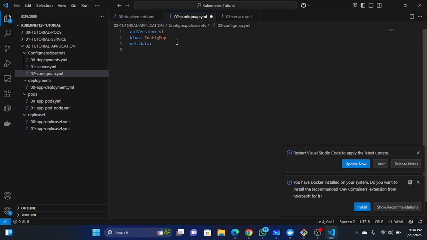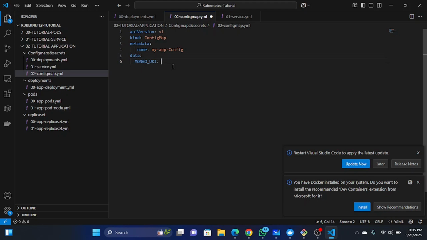The name of it is my app config. That's what I want to name it. My app config. Afterwards, I'm going to come down and say data, which I'm going to pass into it. I'm going to pass my Mongo URI,